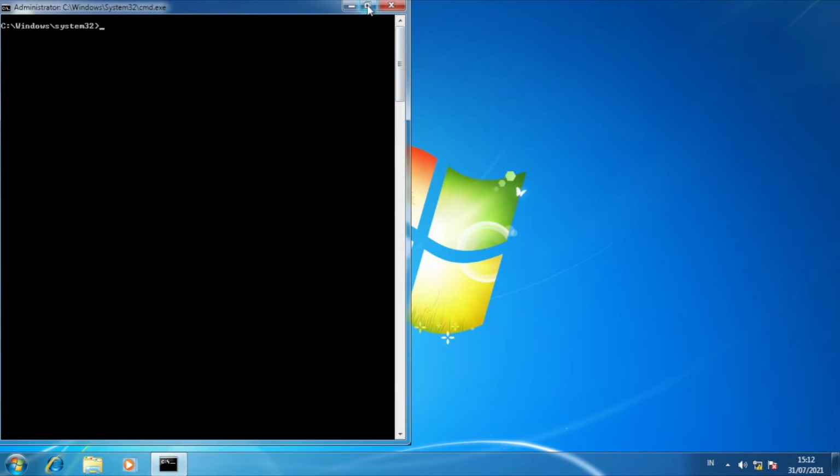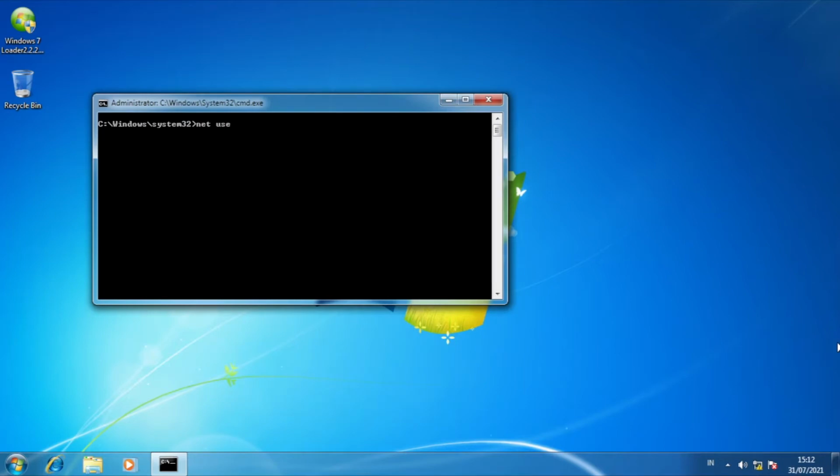To make a standard account, type net user followed by the username you want to enter, and then the password you want, if you want one. If you don't want it, just leave it blank. And /add. Use the star in the password string, or the password you filled in,